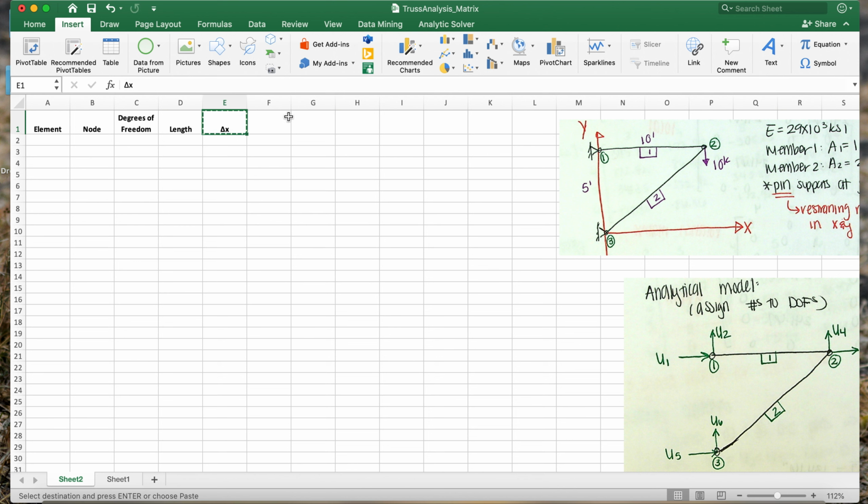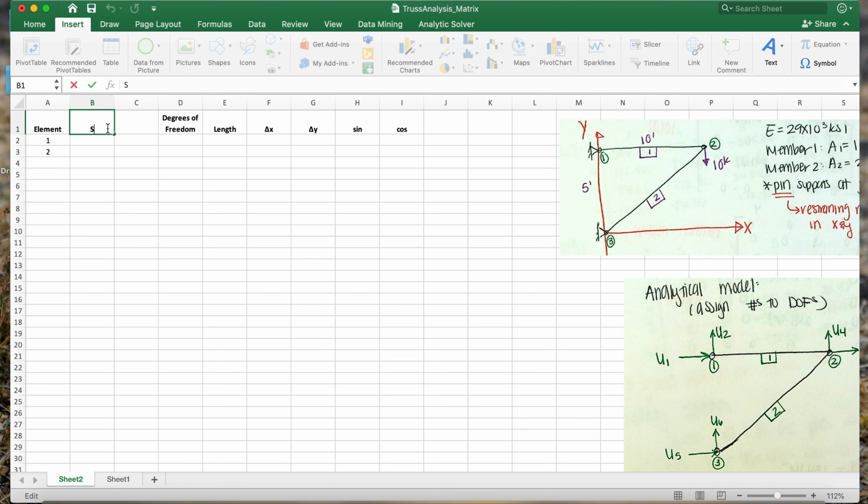I don't want to have to do that again, so I'm going to Control C or Command C. I'm using Mac. Command V, and go ahead and put delta Y. And I can now have my sine and my cosine of the element all in here. Okay. So I have one element, two elements. Nodes for that element, so I'll probably add a column. If I want to add a column, I'm just going to pull this and shift it over. I'll probably say start node, end node,